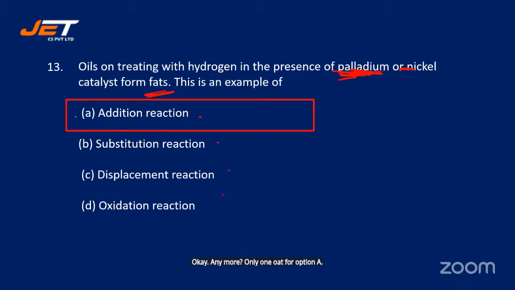So the answer is option A. It is an addition reaction. So first of all, ఇక్కడ describe చేసిన reaction అంటే ఏంటని తెలుసుకుందాం మనం. ఆయిల్స్ ఏవైతే ఉన్నాయో వీటిని హైడ్రోజన్తో ట్రీట్ చేసే ప్రాసెస్ని హైడ్రోజినేషన్ అంటారు. ఓకే, హైడ్రోజినేషన్ ఆఫ్ ఆయిల్స్. సో ఈ హైడ్రోజనేషన్ ఆఫ్ ఆయిల్స్లో ఏం చేస్తామంటే ఈ హైడ్రోజన్ ఎప్పుడైతే ఆయిల్కి నికిల్ ఆర్ పెల్లాడియం కెటలిస్ట్, ఇక్కడ ఇవి